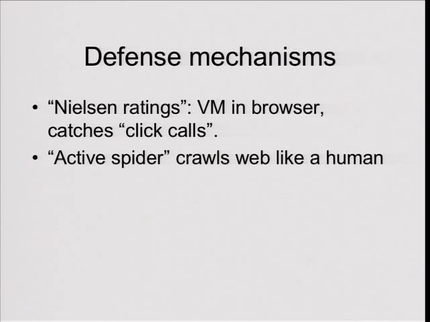And that's a social aspect of click fraud. Now, coming to defense mechanisms to this particular attack, the window within a window attack, what you could do is what I decided to call Nielsen ratings, but it's probably not such an accurate descriptor. What you would have is plugins for some small number of users that you hope will be representative of the user population. And these plugins will act like normal. They will display all information as normal, but they will also open a virtual machine that will perform exactly the same tasks. Display the advertisement and so on.